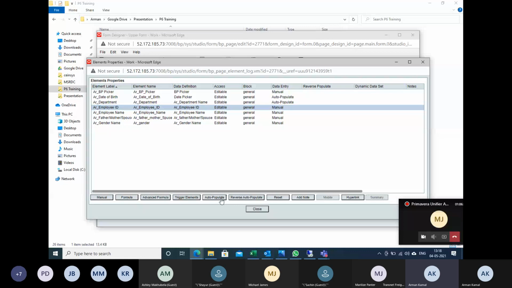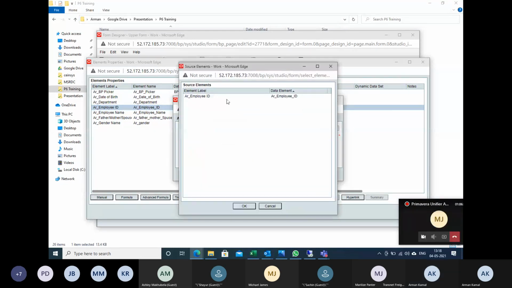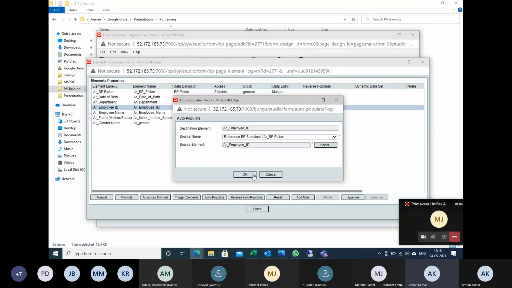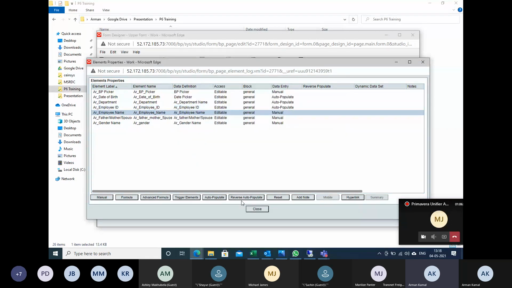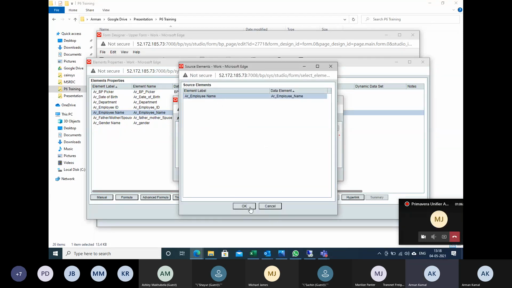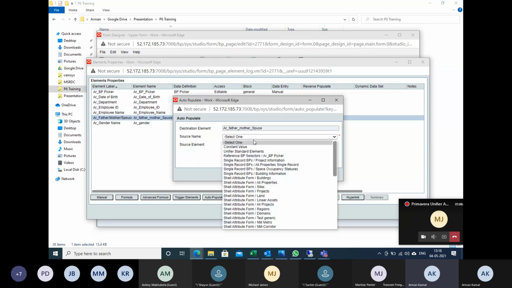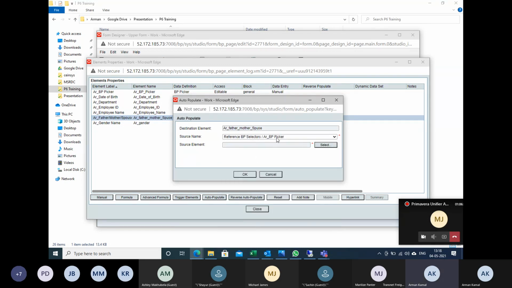Now employee ID auto populate. Select BP picker, employee ID. Click OK. Employee name auto populate, BP picker, employee name. Father spouse name auto populate. Select this AR BP picker.